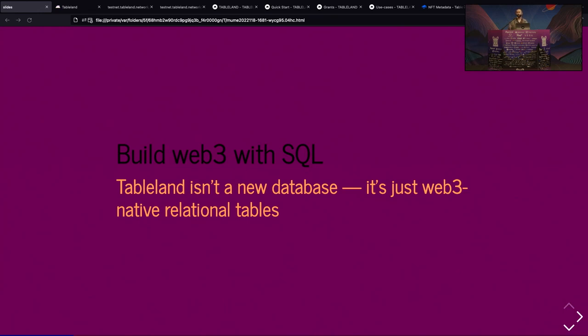Tableland is really not another database, it's just a Web3 native relational data model or a relational table model. It's a network that we're launching that allows creators of NFTs and dApps and people who are creating content for the metaverse to build and compose things using relational tables and SQL plus smart